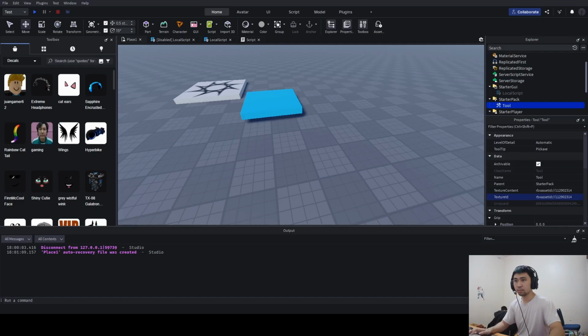So we should be able to see it in our game. If we go to test and we go to play, we should see these two changes with the tooltip and also the texture ID. So the first thing you notice if we join in is that our tool now doesn't display the name of the tool anymore, but